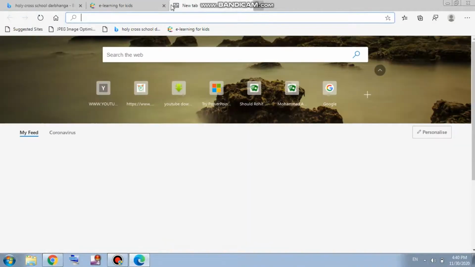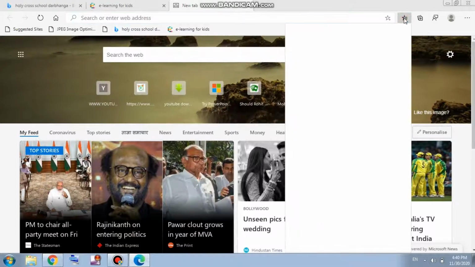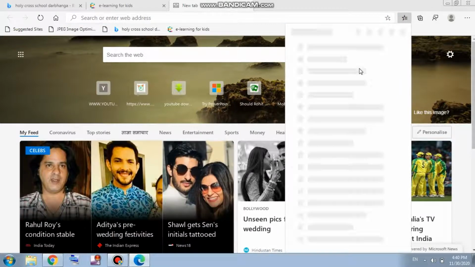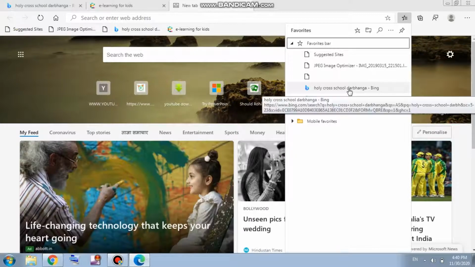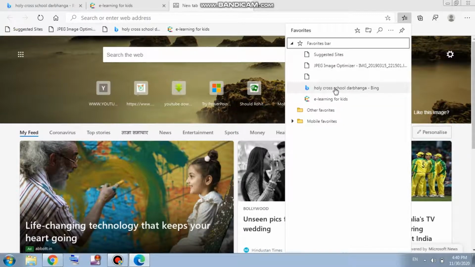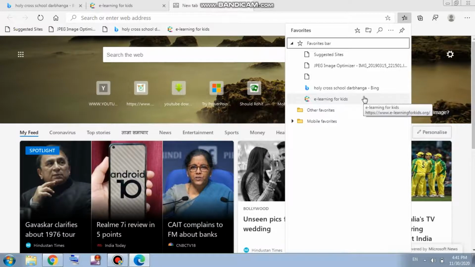As we get the first page, we will see that here is favorites. As I click here, some options will appear, and here you can see two options. Two I have already added, that is Holy Cross School Darbhanga and e-learning for kids. These two are added as my favorite pages.